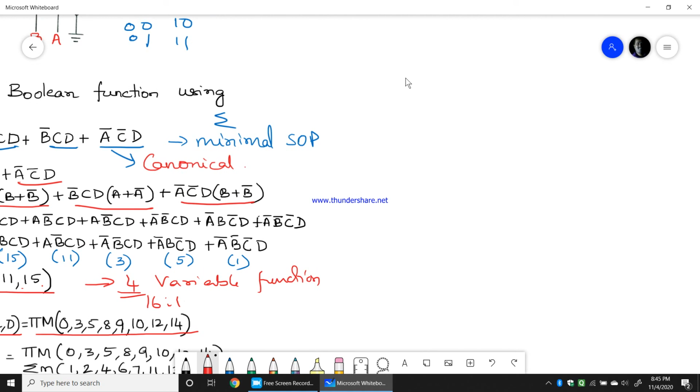So I'll write a truth table now with the 16 combinations. So x3, s2, s1, s0, and y is the output, or I'll say here it is f.